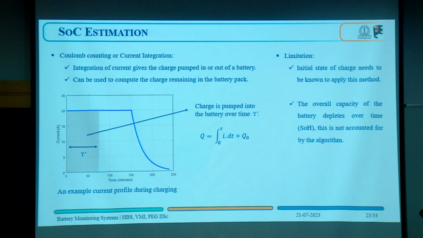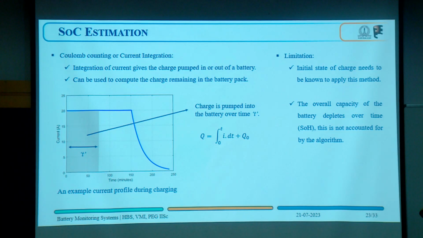We will know only the charge that has been pumped, like the delta Q that has been taken in or out of the battery, but we will not tell the final SOC based on this Coulomb counting method. So that is the limitation. And the overall capacity, as we talked about, the Q total, fades away with reactions, with physical damage, abuse, so that depletes over time, and this algorithm does not consider those effects, because if